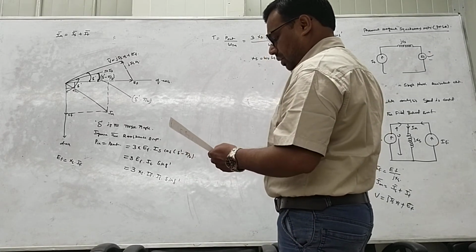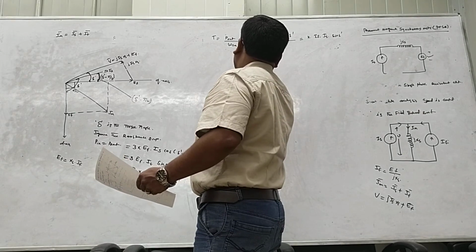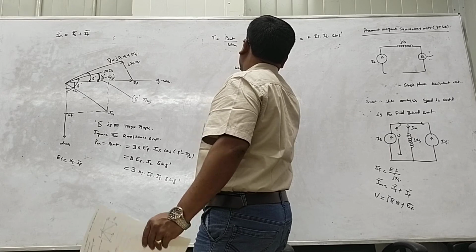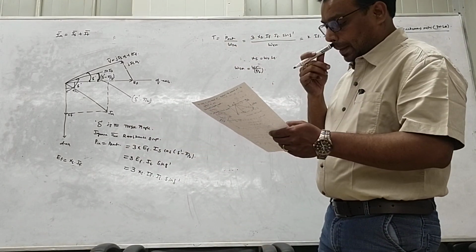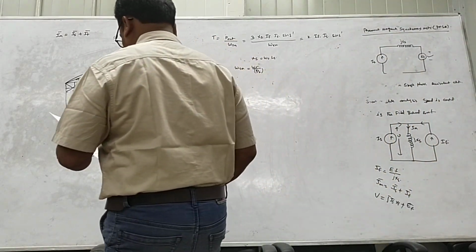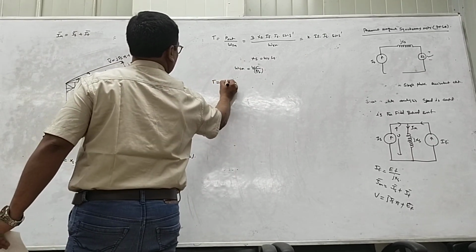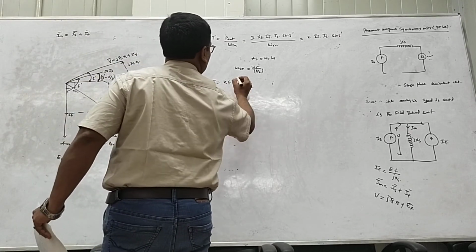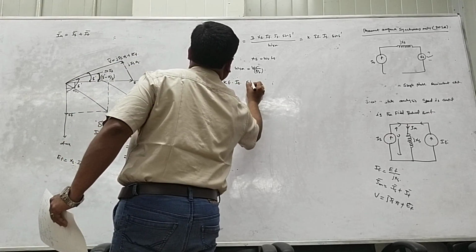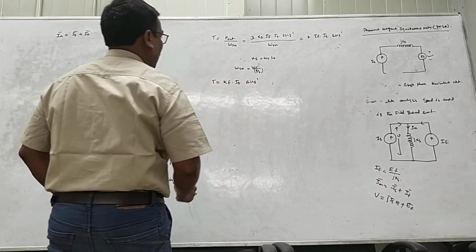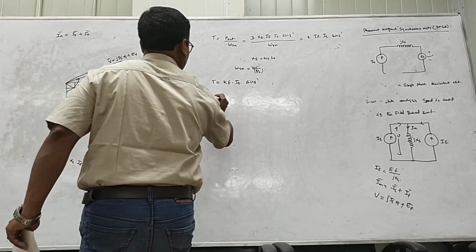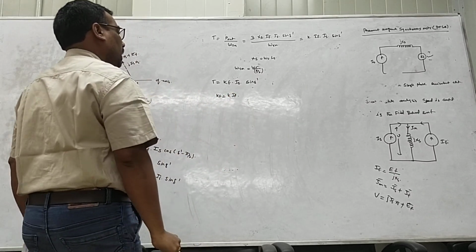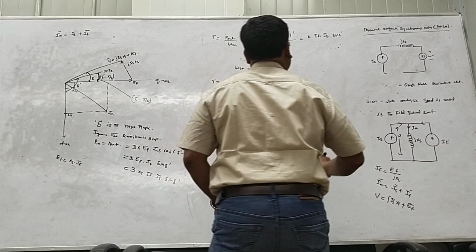Xs is equal to, okay, so now omega Rm is equal to omega R into P by 2. Okay, so finally the torque expression is equal to some constant Kf into Is into sine delta prime. So Kf is equal to K into If. So why am I considering here that If is also constant?